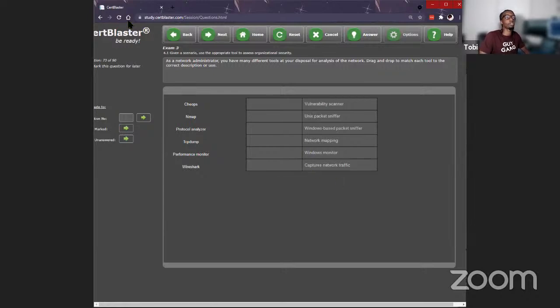All right, the question here is, as a network administrator, you have many different tools at your disposal for analysis of the network. Drag and drop to match each tool to the correct description or use. Okay, so let's start with some stuff we're familiar with.